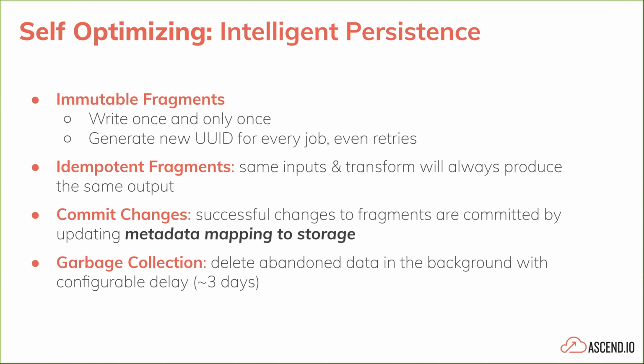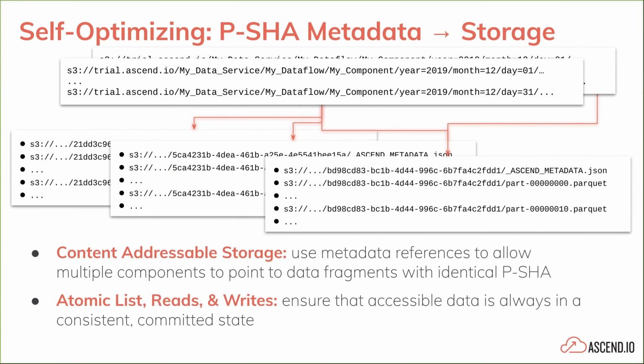The third constraint here is that if we can do committing of the data set by metadata mapping, so because we're writing all the fragments to a new location, every fragment creates a new location, instead of trying to update the same place, we need to be able to commit by just saying, hey, this data set is now available over here, or to the fragment or partition level, part of this data set is available over there. And then the last piece is be able to do that garbage collection and cleanup, because abandoned data that is no longer actually relevant and nobody's pointing to it does need to be cleaned up. And so if we can solve for all four of these things, you get huge benefits from it.